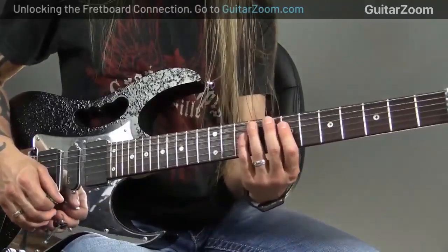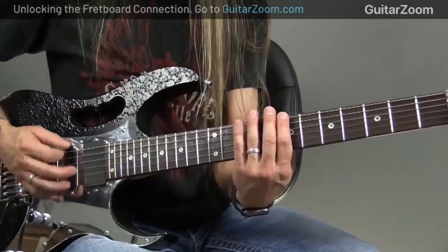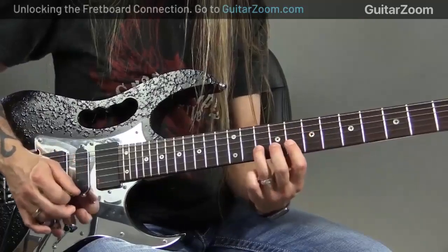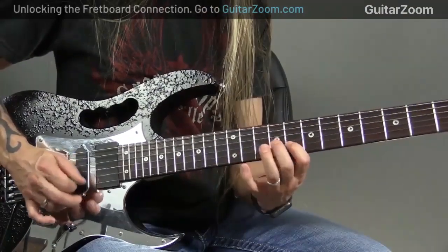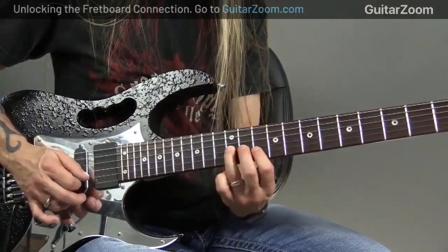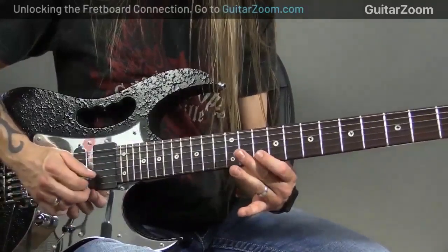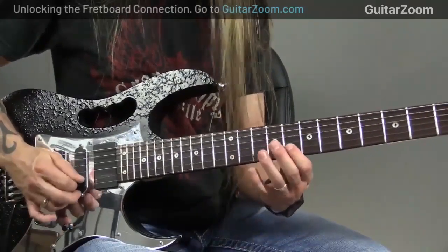Okay, down here what I like to do is I'll just add in some real subtle things. These first two will just be pentatonic, just 7, 10, I'm sorry. And then here I'll play 7, 8, 9, 7, 8, 9. And then here I'll play 8, 9, 10. And then generally on this string I'll play just the 7, 10. See how I can kind of move back and forth between those two positions? If I'm going to play chromatic up here on 10, 11, 12, I don't play chromatic necessarily on 8, 9, 10, because then I just wind up with all of that. So I like to do...